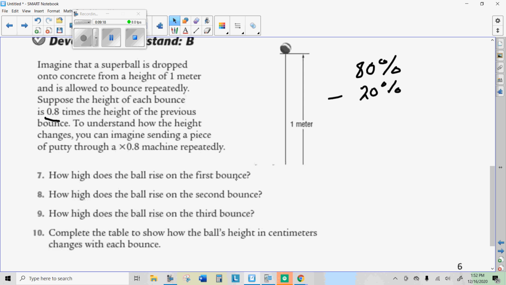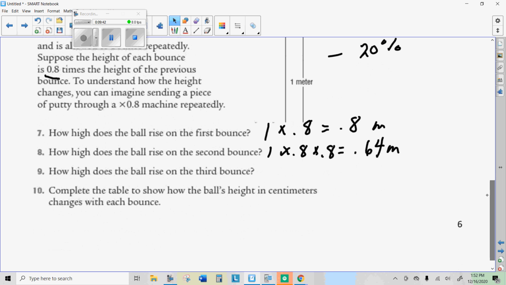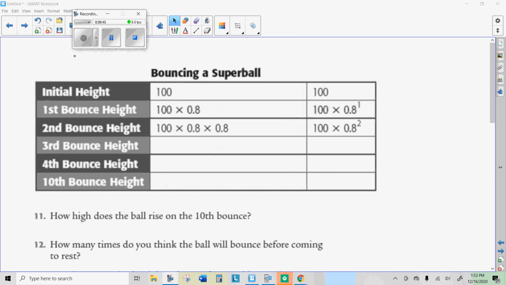So in the first bounce, you're going to do 1 times 0.8, which is 0.8 meters. Okay, now on the second bounce, you're going to take that last number and multiply by 0.8 again, and you're going to get 0.64 meters. Go ahead and fill in the last couple. Now this table is showing it actually in centimeters. We changed that 1 meter to 100 centimeters, which is no big deal. But so you would fill in on the third bounce, you have to multiply it by 0.8